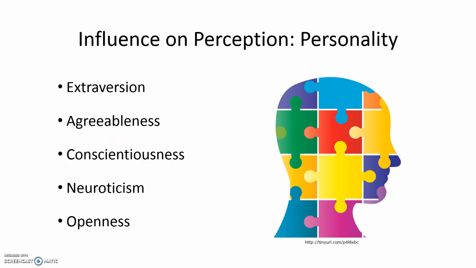Another influence on our perception is personality. Now, extroversion is how outgoing someone is, how likely they are to engage in interactions with other people. The opposite of this is introversion, so someone who's a little bit more reserved. Agreeableness is how friendly someone is. Conscientiousness is how determined that person seems and how goal-oriented that person seems. Neuroticism relates to emotional stability. So if someone's very neurotic, they may be a little all over the place and seem like they can't get control of their emotions. And then there's openness.